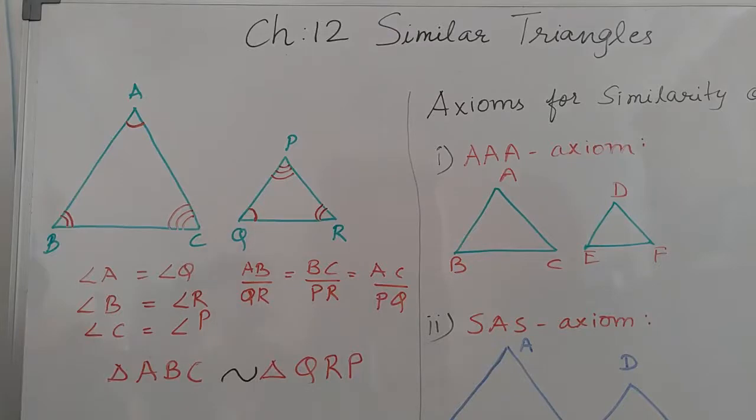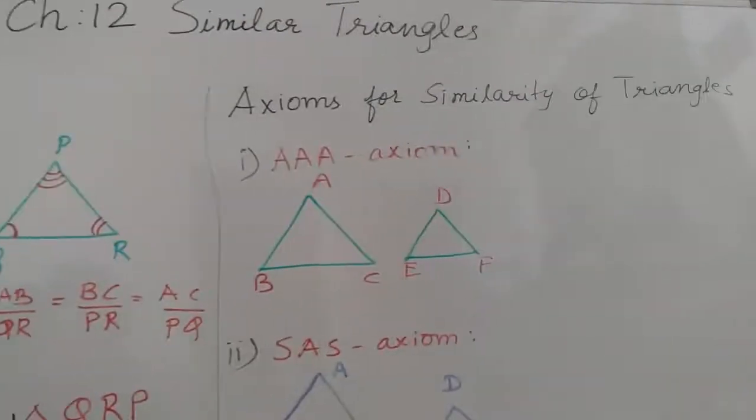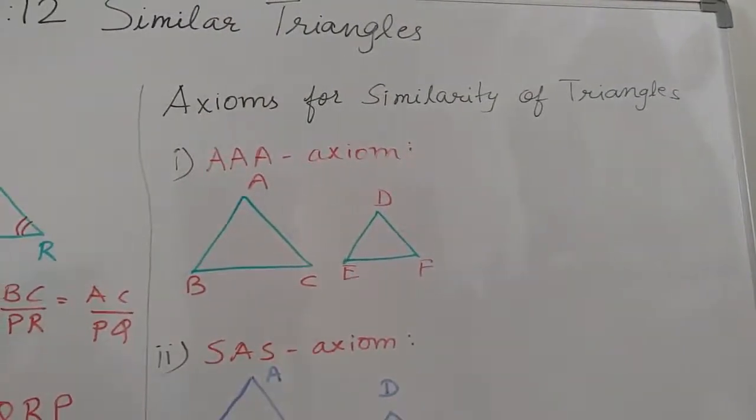Some students also misunderstand the similarity of triangles with congruency. So students, in congruent triangles, the sizes are not different. The sizes are also exactly the same in both the triangles. Then only the congruency conditions are applied. But here in similar triangles, the sizes are different. You can see in the figure, one is big, the other is small. So in that case also we can say they are similar by some conditions. So these are the main two conditions, but we have some similarity axioms here, that you can see, axioms for